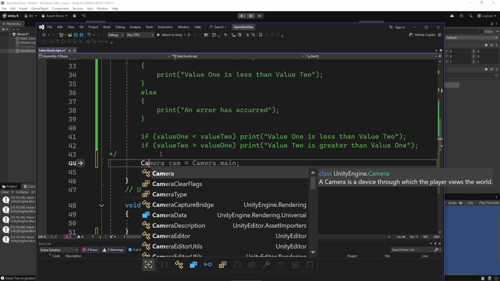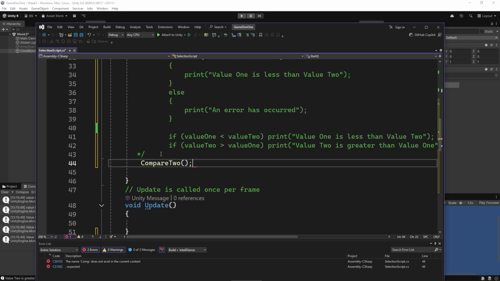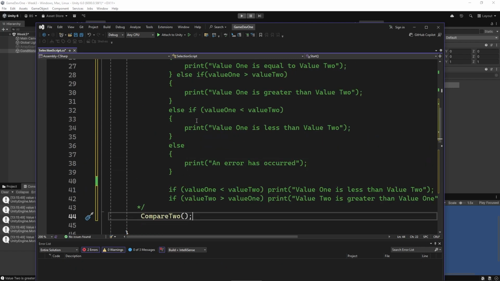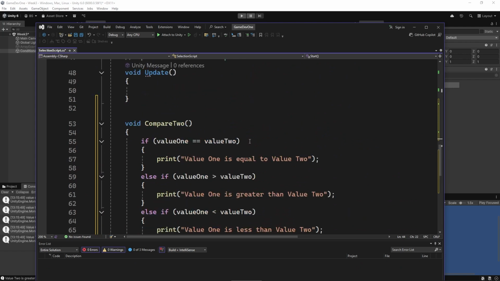Compare to. All right. In doing so, it's going to simply take those two values. It's going to call it within this function. Now, in this particular case, calling a function with no parameters is really pointless because I'm still comparing the same two values. If I was adjusting value 1 and value 2 somewhere else in code and calling this multiple times,